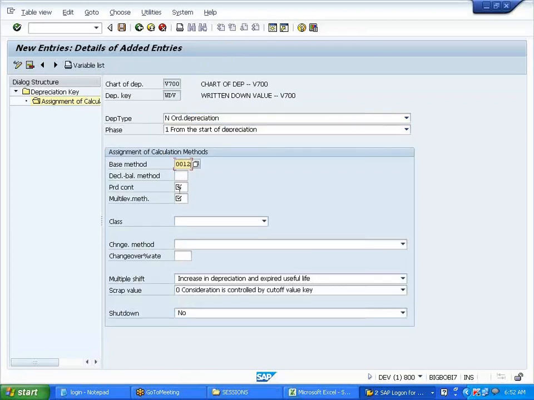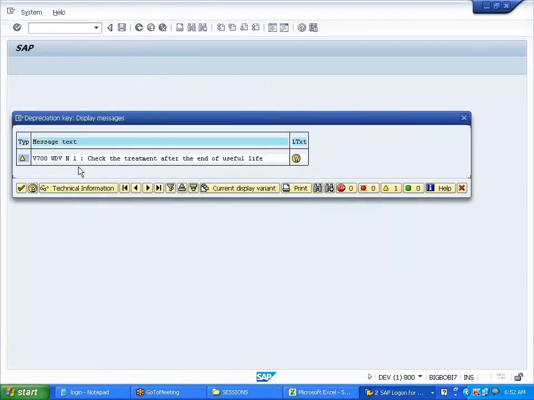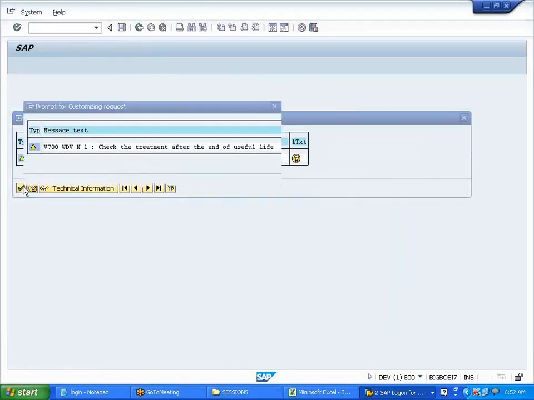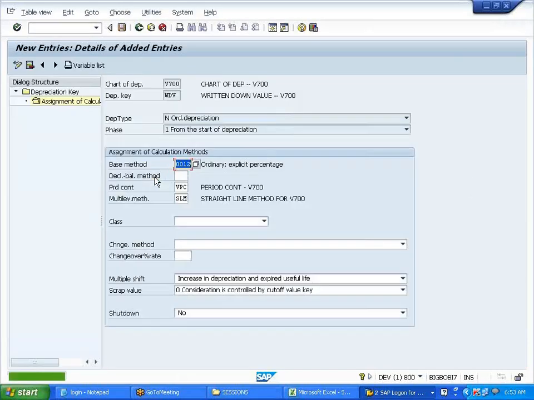Depreciation base method, SLM. Save it. That's it, right? Again it gives a warning, just a warning. Done. Back.